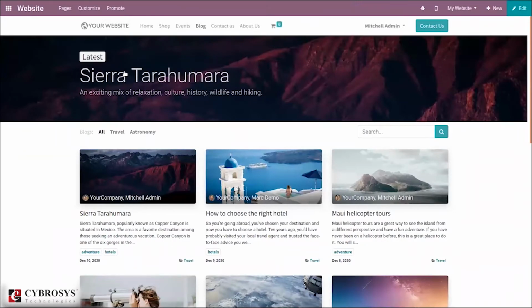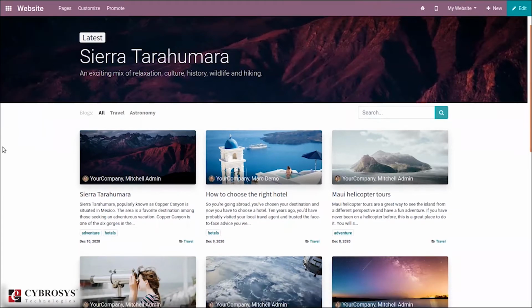You can see that when you install the blog module, you will be redirected to the website. You can see my website, and a new menu is created here for Blog. Here you can see the latest blog post above, and all the created blogs.